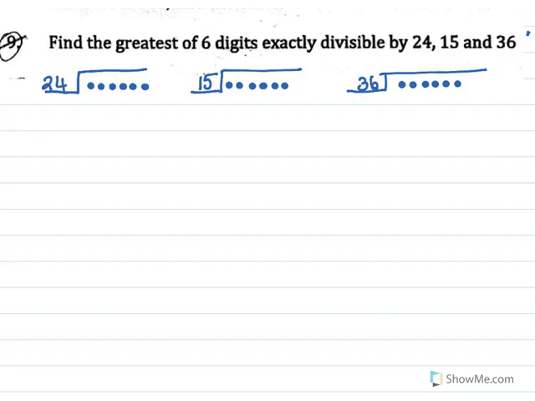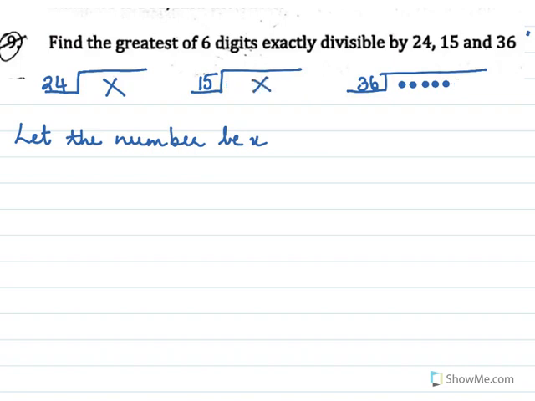So that means let the number be x. The x should be divisible by 24, remember 6 digits. And this x should be divisible by 15. This x should be divisible by 36,